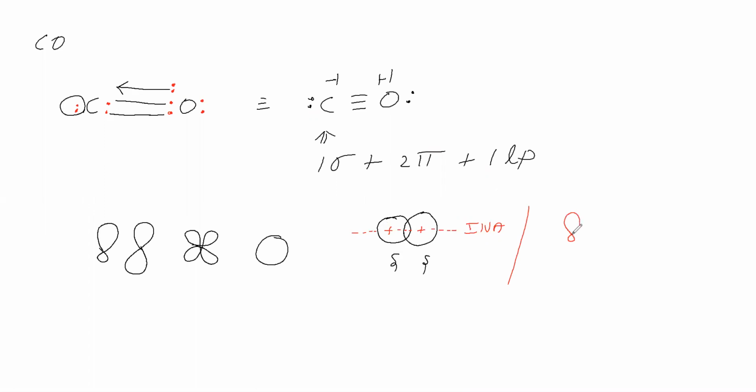This is one hybrid orbital. This is another hybrid orbital. They are going for overlapping. Now see how the overlapping is there. See, hybrid orbitals overlapping we have given. Now we will say about the nucleus. For this nucleus at this center, for this nucleus at this center. Now this is called the internuclear axis.